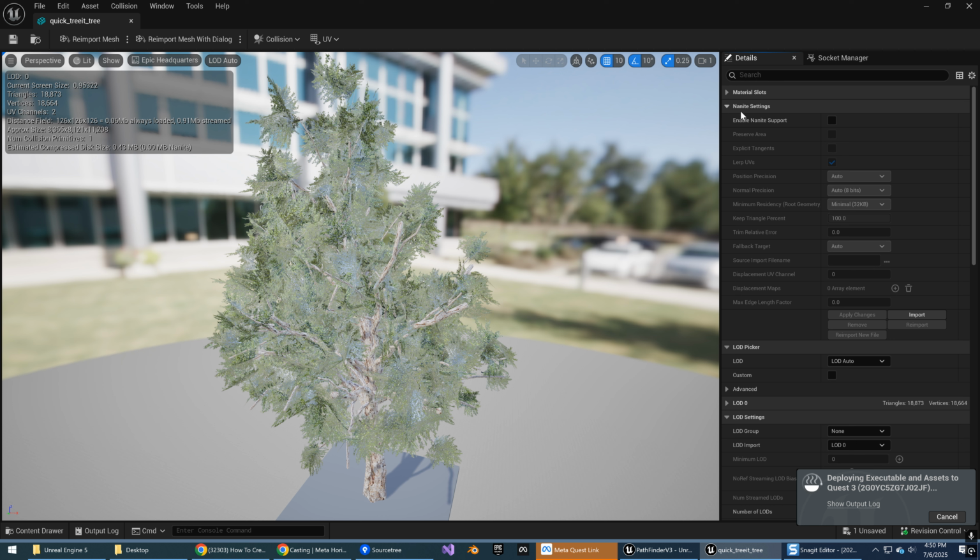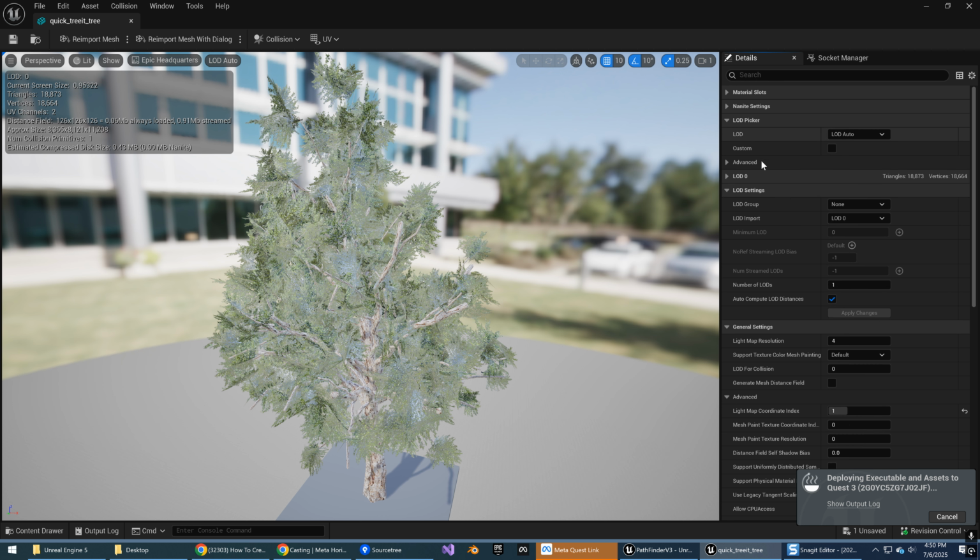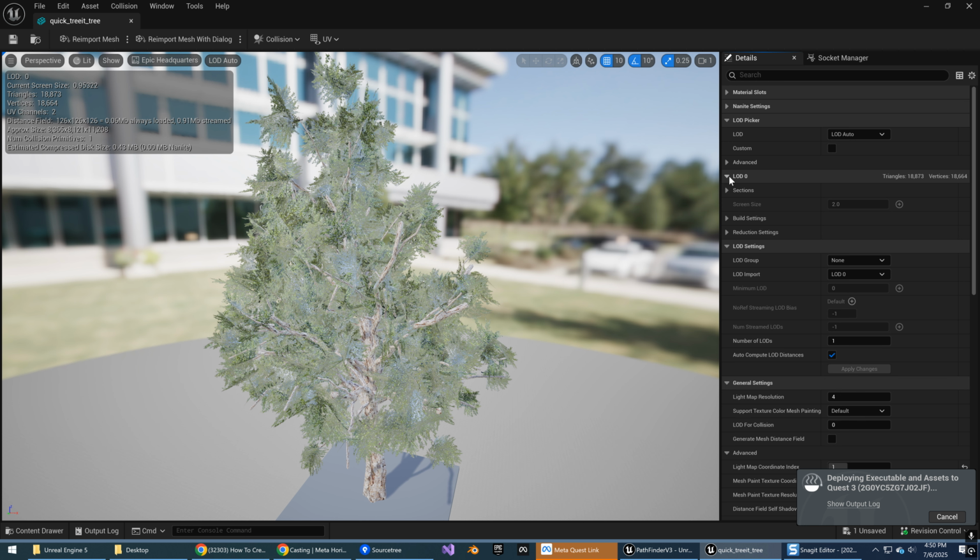There's a nanite setting here. So if you're not in VR, so if you're doing desktop development, you want to check that for sure because you want nanites enabled. In my case, we're doing a VR headset project. So we want to enable